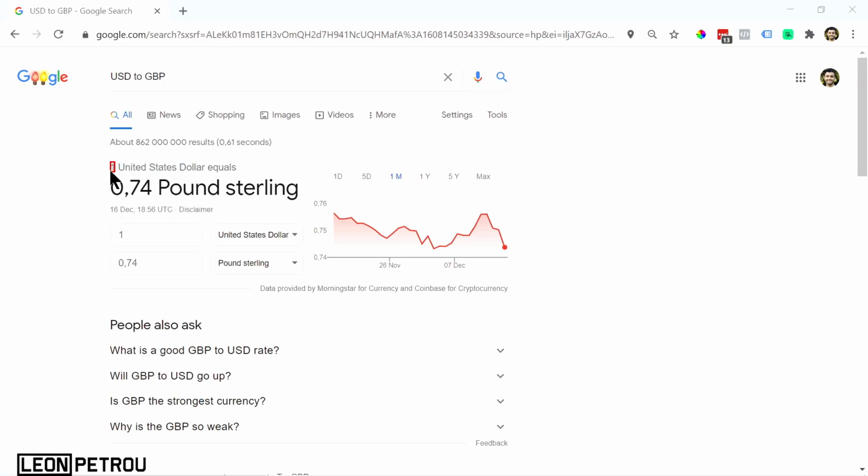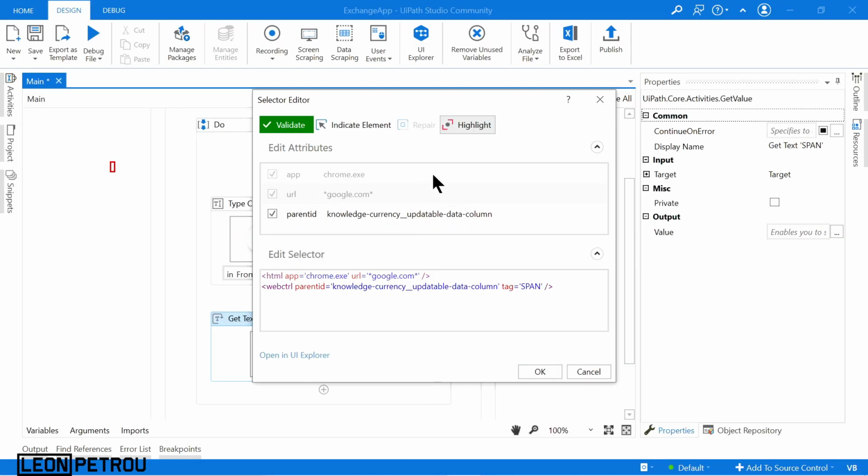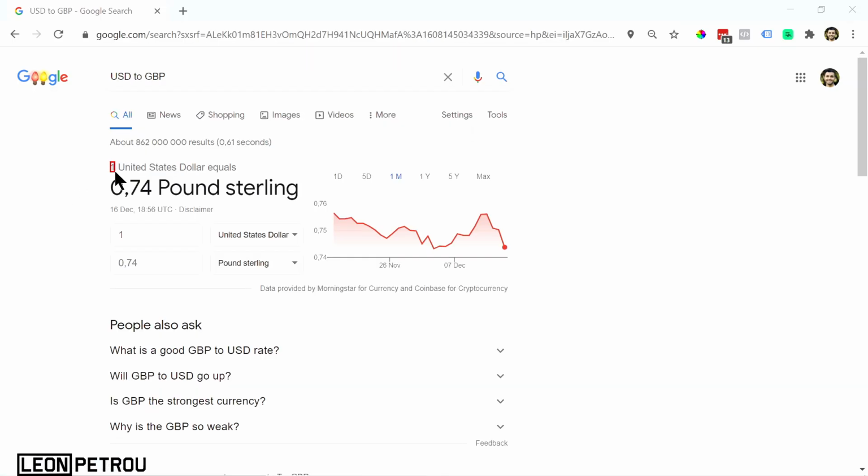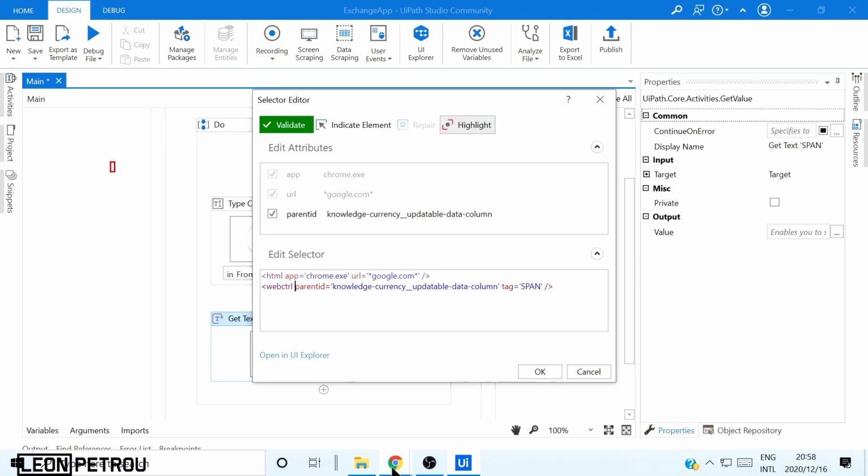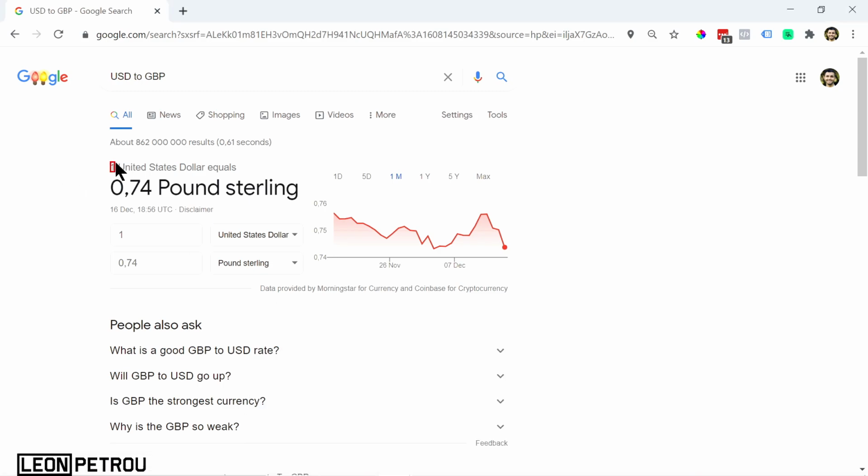Highlight. So we can see there in red, it was highlighting the number 1. So basically it's saying that this has the same selector as this, but this is clearly just the first index of the same selector which this one has. So what we need to do is we basically just need to change the index and get it to this